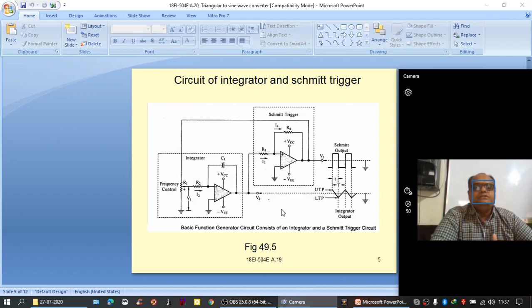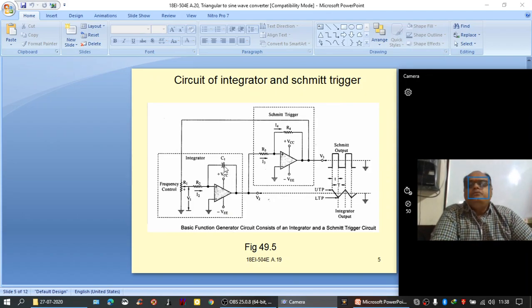Let us not go into the details, but the transistor is the basic building block of an operational amplifier. Now, even when there is no input to a transistor, when biasing voltage is applied to transistor, there would be some reverse leakage current. Similarly, here also in the operational amplifiers there would be some reverse leakage current,